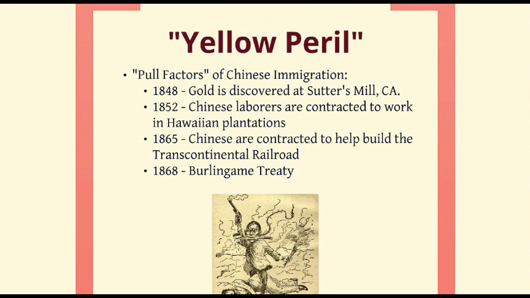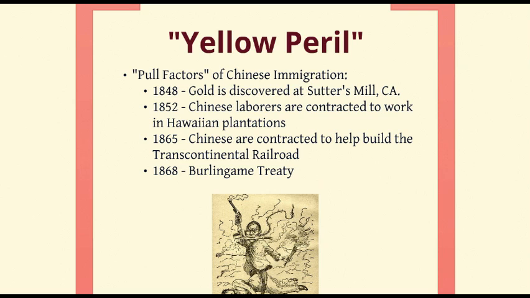The second thing is something I didn't mention earlier, but I thought it was worth talking about, and that was in 1852, Chinese laborers were hired to come into Hawaii to work on U.S. plantations, specifically for harvesting coffee and sugarcane and pineapple and banana. So it's the first time we start to see Chinese immigrants arriving in Hawaii before it's a state. It's even before the United States turns it into a territory. But we start to have some early immigration there, and eventually those Chinese immigrants in Hawaii will make their way to the mainland here in California.